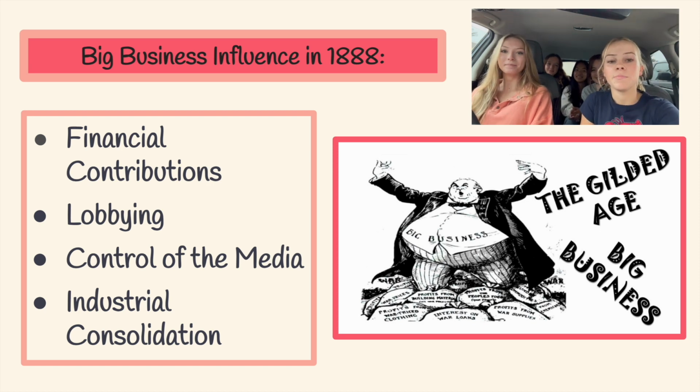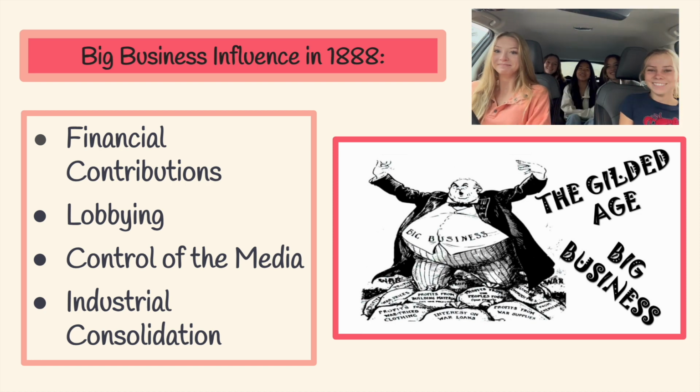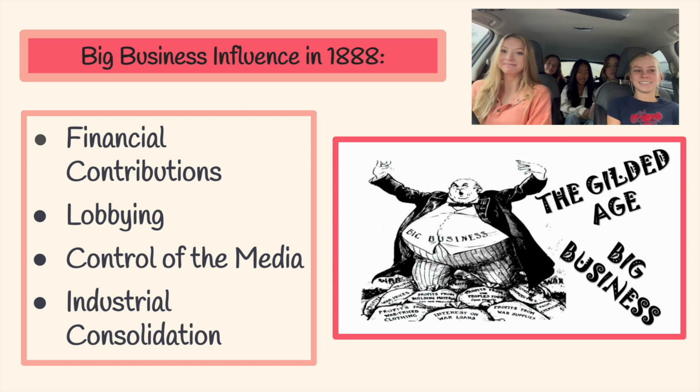Third, control of the media. Some businesses controlled newspapers and media outlets, enabling them to shape public opinion and suppress criticism of their corporation. Lastly was industrial consolidation. The consolidation of industries such as railroads, steel, and oil resulted in large corporations dominating entire sectors